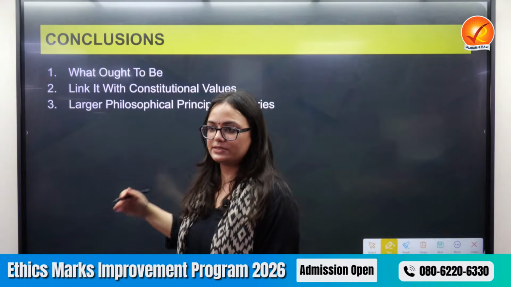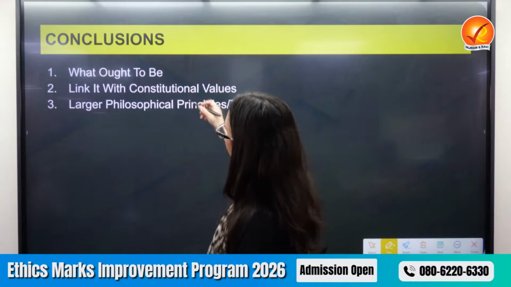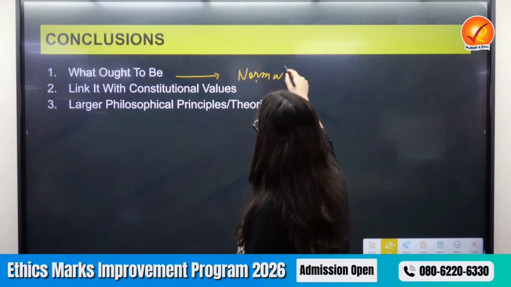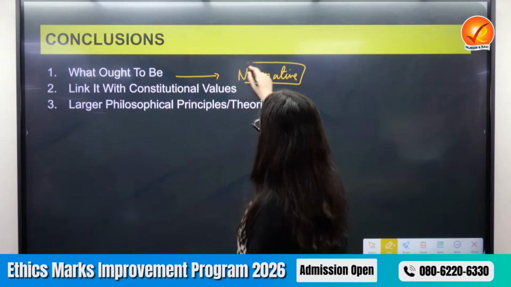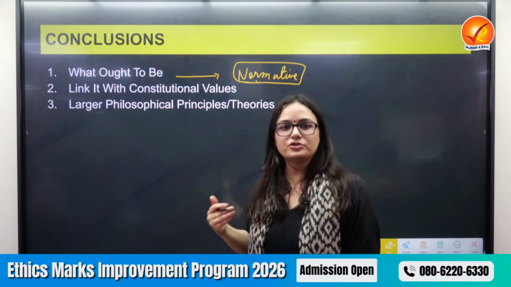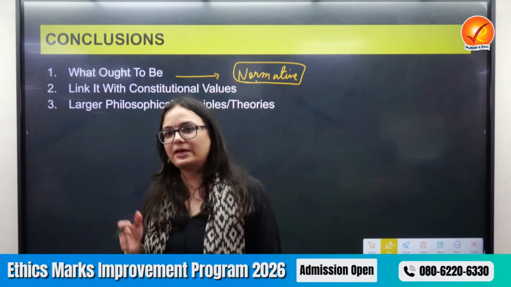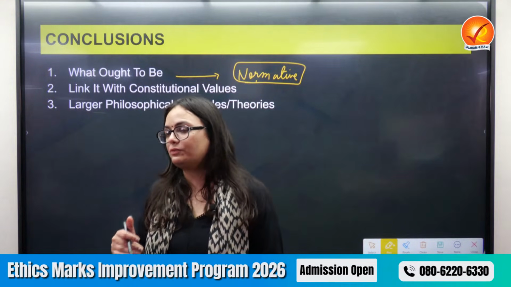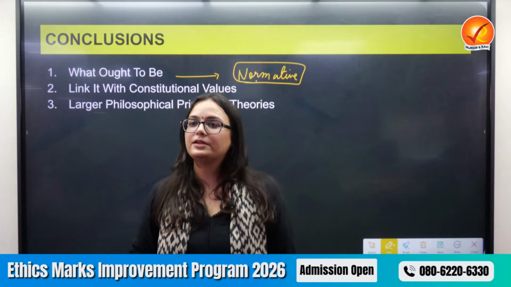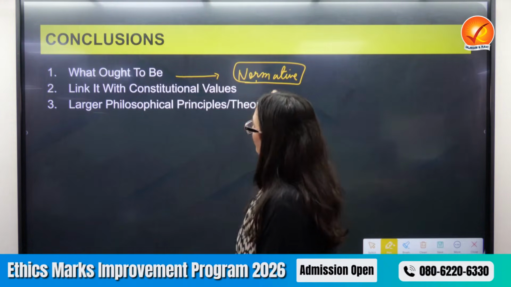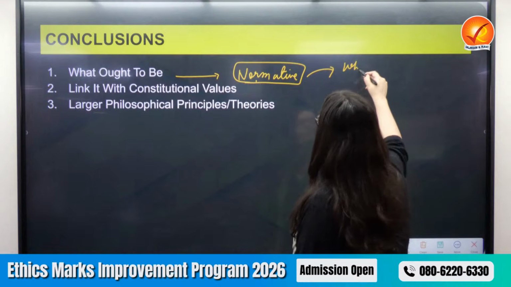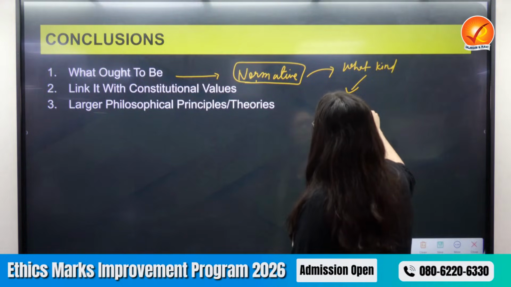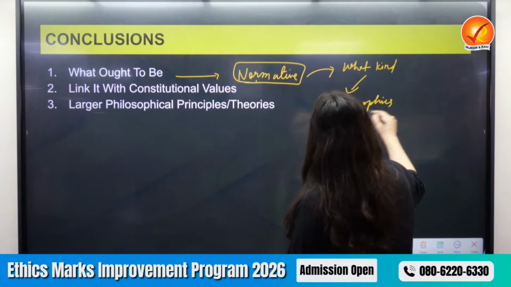Then in conclusions, let us discuss a few templates of how to conclude an answer. What ought to be? Ethics is usually normative. What does it tell you? It is futuristic, about how you should be, not how you are. If I am dishonest today, it would want me to become honest. It would want me to become a better individual. So what ought to be, as in what kind of values or what kind of philosophies, what kind of virtues